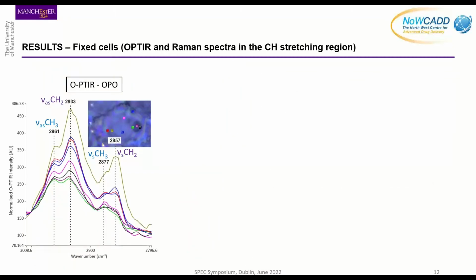Okay, so if I actually normalize the spectra, this olive green spectrum jumps out now because it was low intensity elsewhere. But again, we can see really nice changes in intensity here. If you look at the green spectrum, you've got a complete switch of the ratio between the CH2 and CH3 compared with the olive green spectrum here. So that's the olive green spectrum, and that's the light green spectrum, which is actually in the nucleolus. So finally, we're starting to see that subcellular structure that we really wanted to